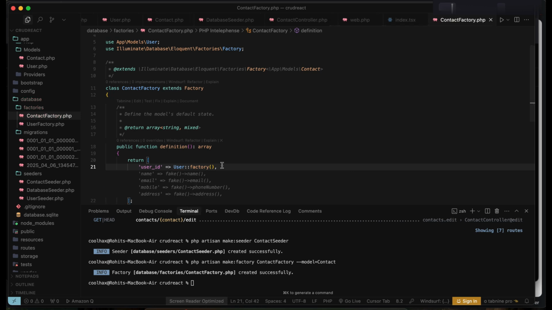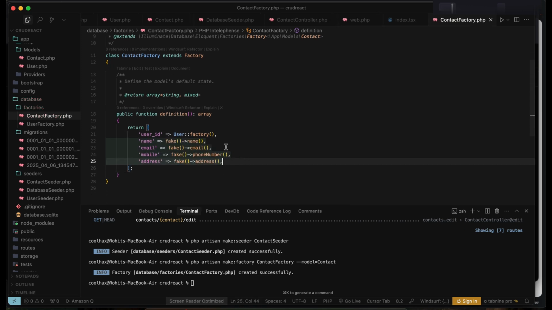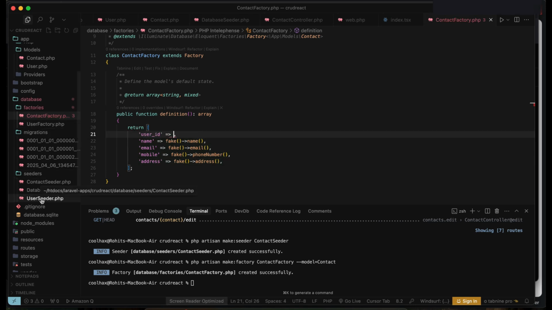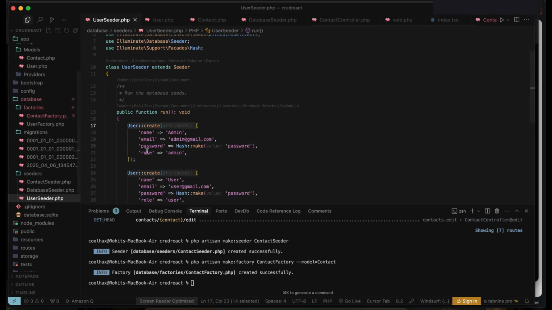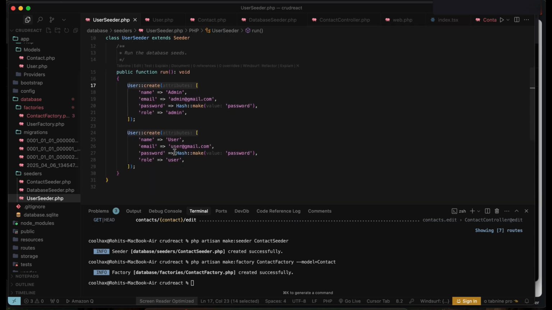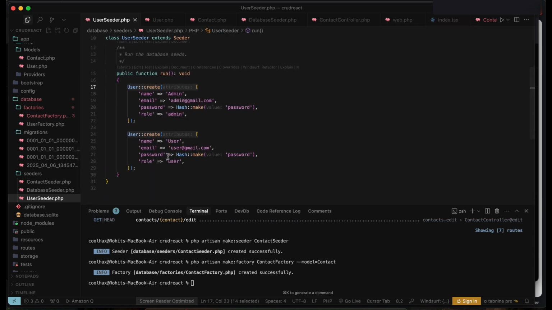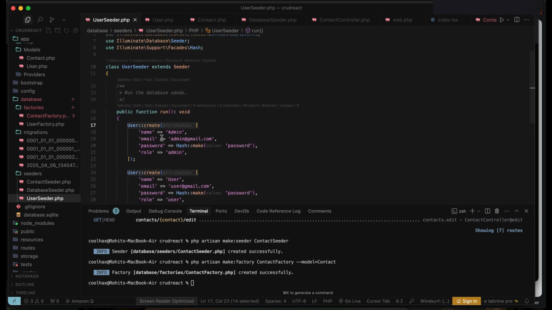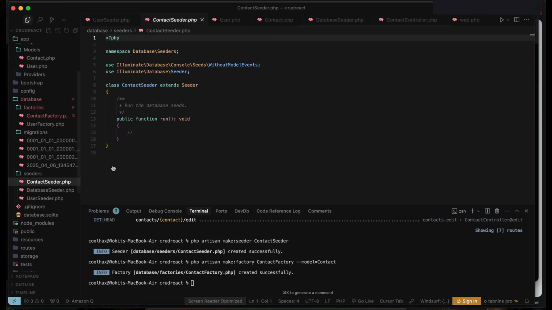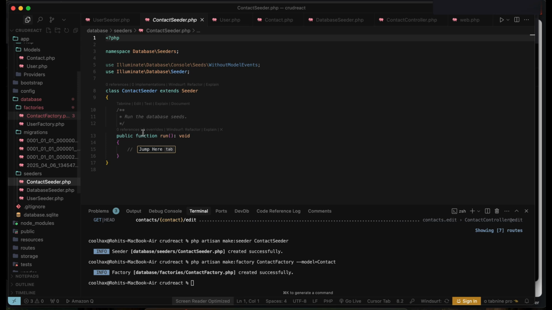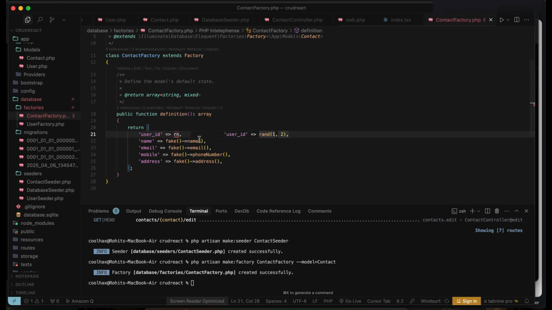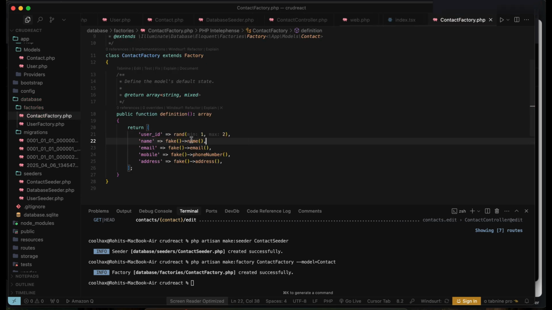Don't use user factory because we have fake name, email, mobile, and address. But for user ID, what in the user seeder we set is data. So we can set sometimes a random one ID, and 0 ID, 2 ID. Okay, then factory random 1 and 2. Okay,